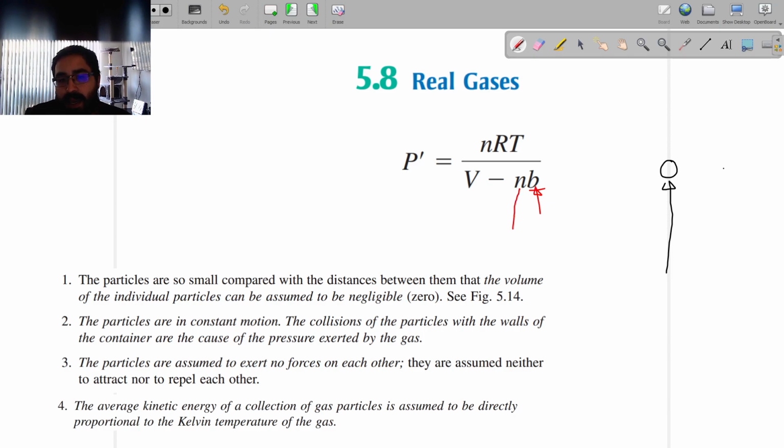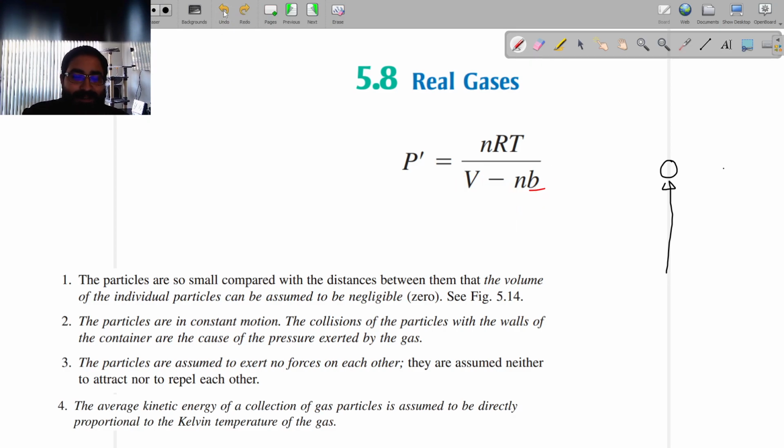The letter n is, again, moles. The more moles you have, the greater the effect on the container. If you have almost no particles, then b is going to be very, very small, so your gas is going to be ideal. If you have a bunch of particles, then this number is going to be very, very big, and it's going to affect that V